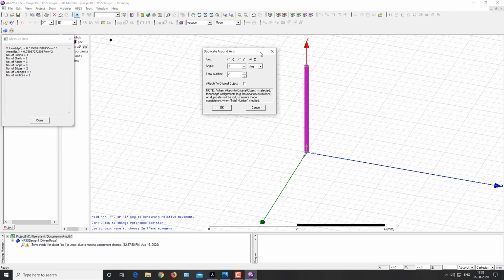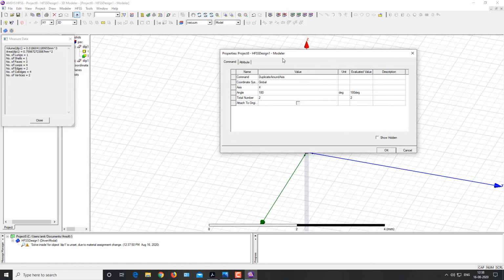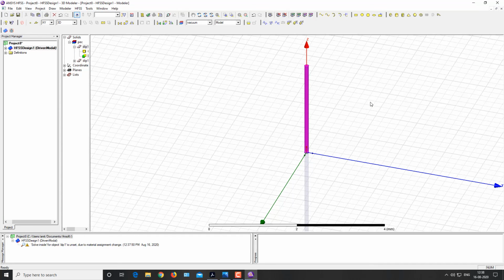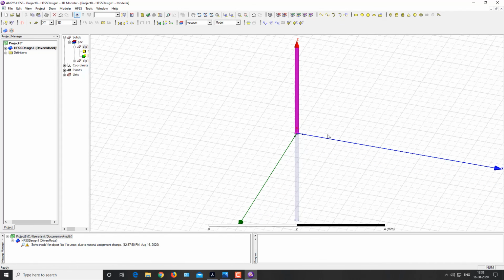Then this window will appear in front of you. I am selecting my direction as x direction and angle as 180 degrees. Then again click on OK. Now you can see the other element of the dipole is